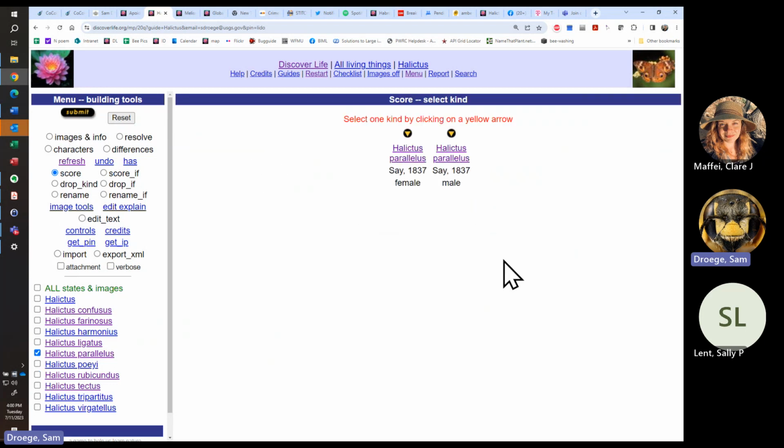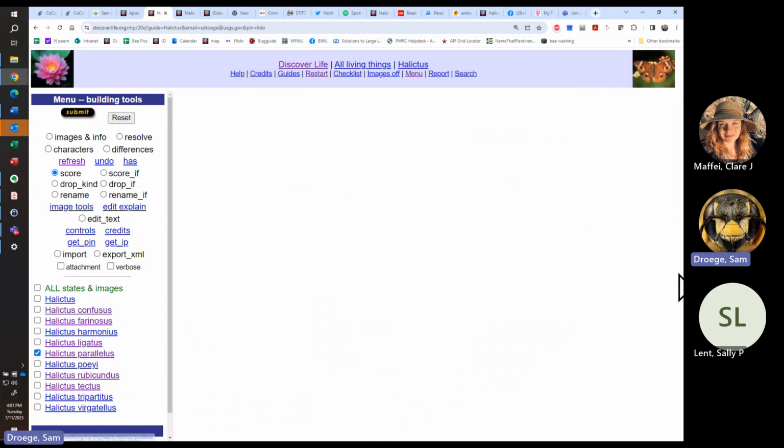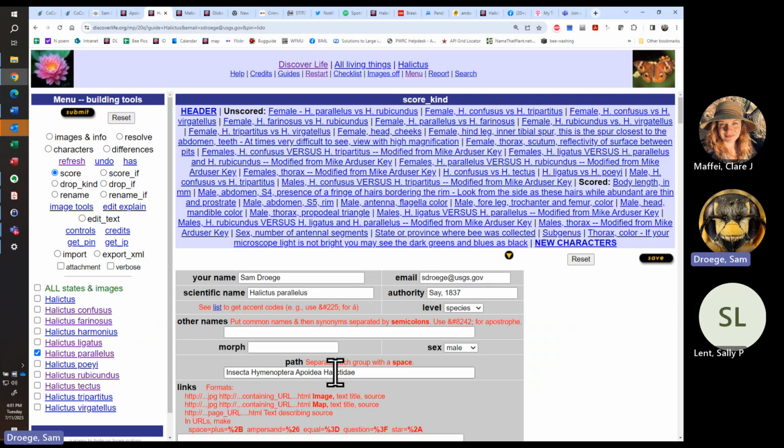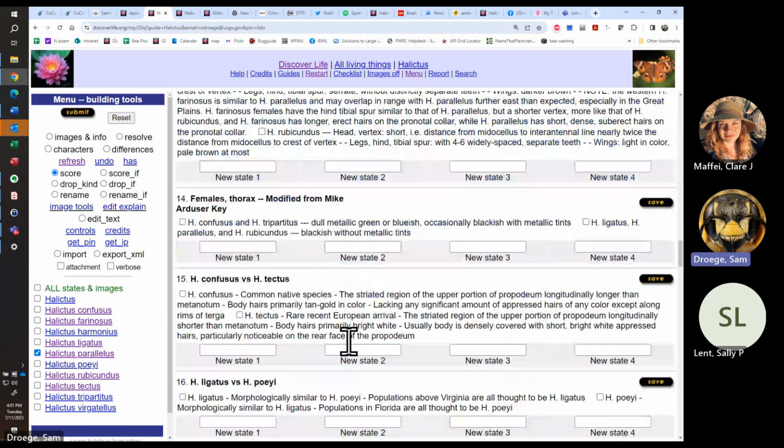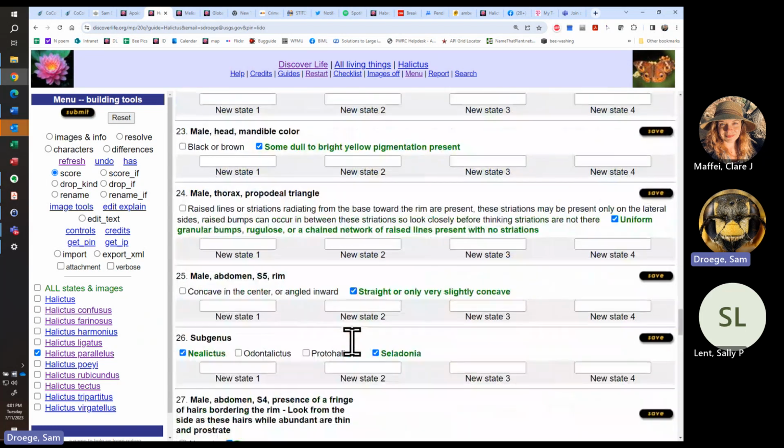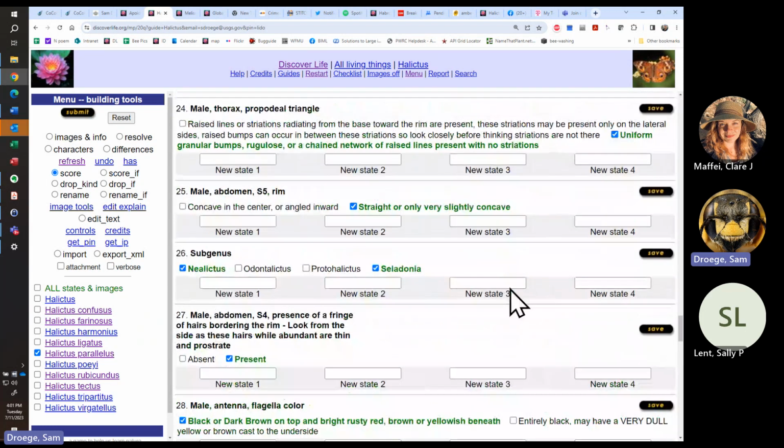Score Lictus Parallelus, not the female, because we did not make a change to the female. So in this case, the female has not been scored inappropriately for being part of the subgenus Celadonia, only the male. So we're clicking on the male, and we're going to go down past all the unscored ones, and we're going to find our subgenus again, and we're clicking off Celadonia, clicking save,